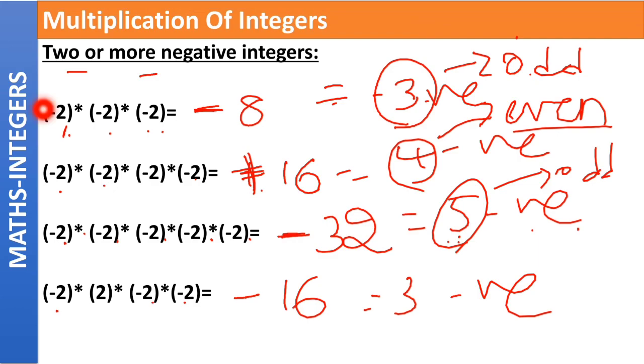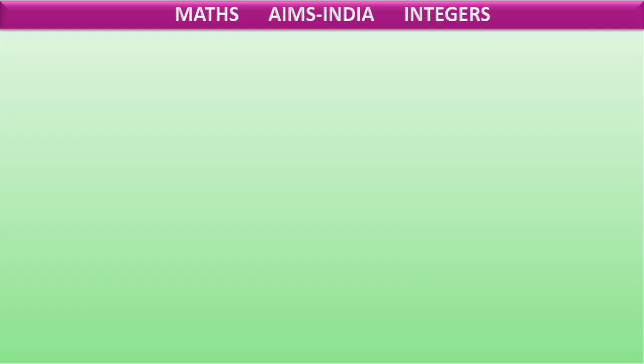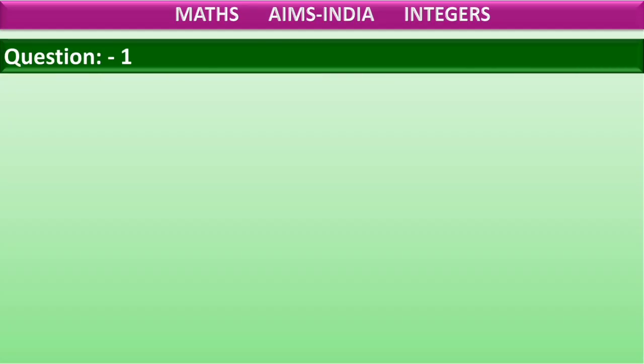You need not go through a troublesome process like minus into minus plus, again plus into minus minus. Instead you can simply count the number of negatives and write the sign. If it is odd, we will put a negative sign, and if it is even, we'll put a positive sign. Is this clear? I hope this is clear, because now is the time for today's quiz.